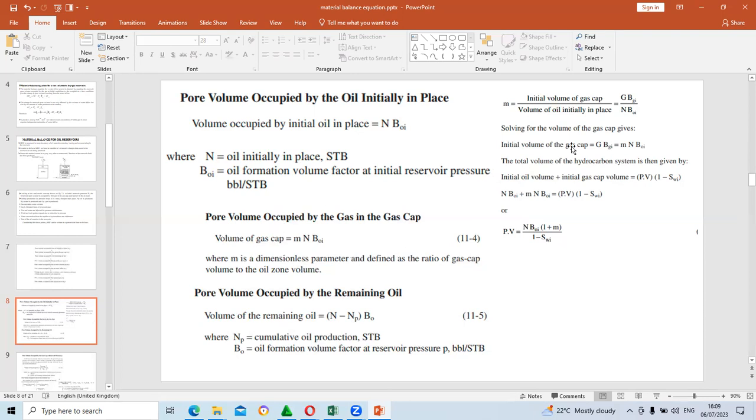All right. So if we take this expression and we make the volume of gas initially in place the subject, it means that this particular term will cross, then we end up having this equation for a gas cap. So this is the equation for a gas cap, M multiplied by the gas volume initially in place. Now, we want to now look at